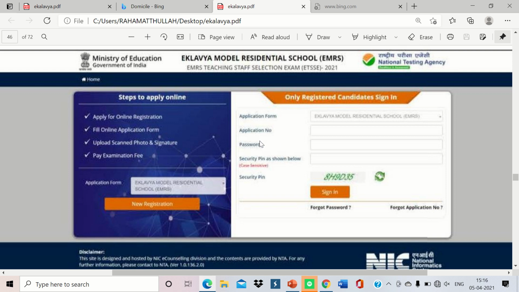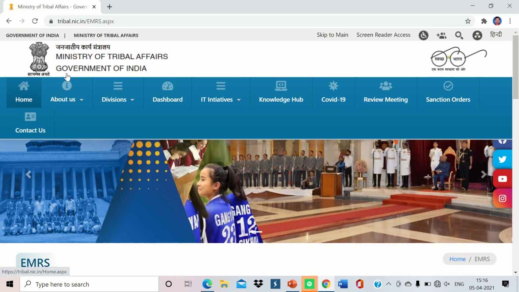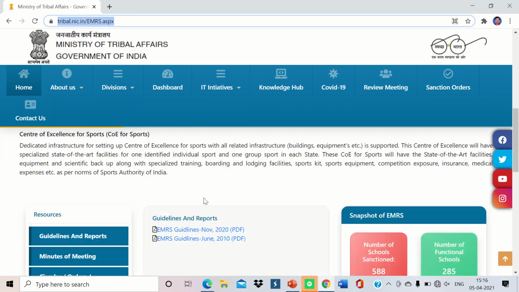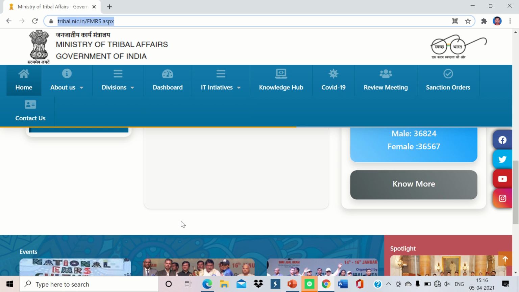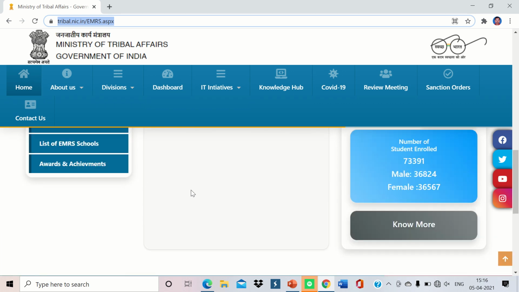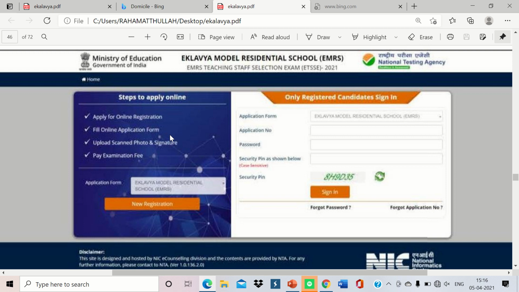Here the first step is you go to the site of the Ministry of Tribal Affairs of the Government of India, that is tribal welfare. See here, I am highlighting the address bar: tribal.nic.in. After typing that and clicking, the website opens like this, and after that there is What's New. Right now I'm offline, so the site is showing meager options here. After clicking on What's New, the site opens a tab like this.